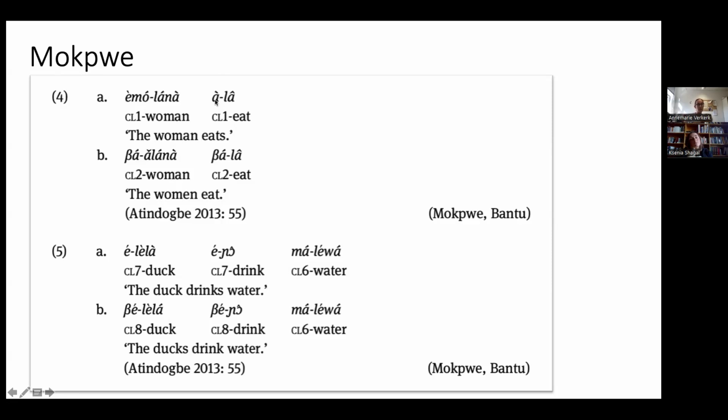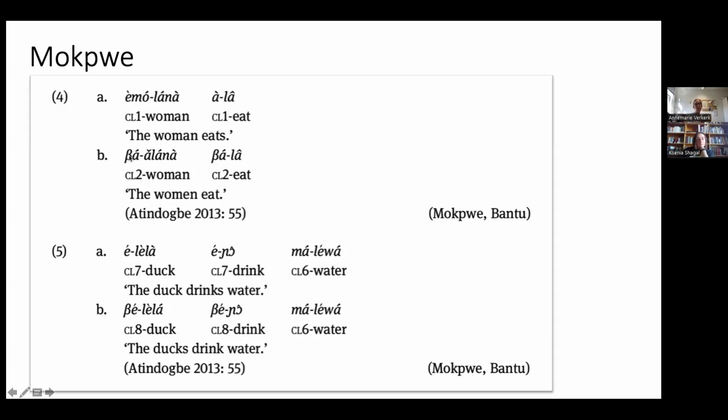And what is so special about Bantu, of course, is that they have tons of different nominal classes. Up to 23 of them have been reconstructed for Proto-Bantu. Some languages still have lots of classes, up to 19 or 20. Some have a bit fewer, around 10. And another thing that they do morphosyntactically is that they pair up with number. So we have here a class 1-2 noun, which in the singular has this prefix, and in the plural it has that prefix.